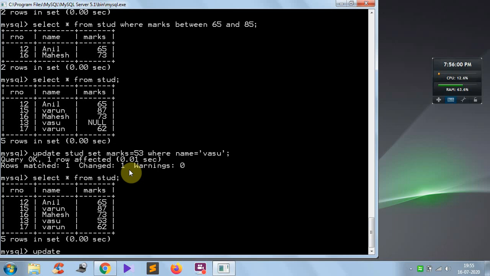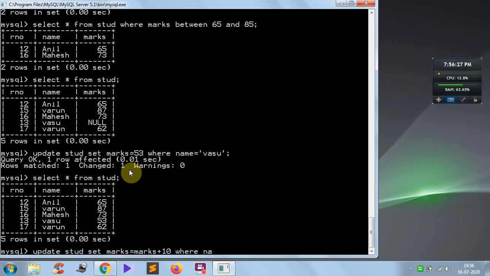UPDATE, table name is stud, SET marks equal to marks plus 10, meaning whatever the present marks are, 10 will be added to those marks. So to whom do I want to add? I want to add for Varun.